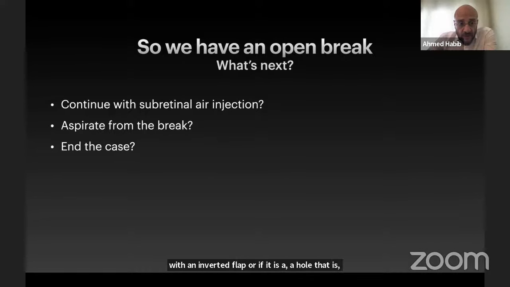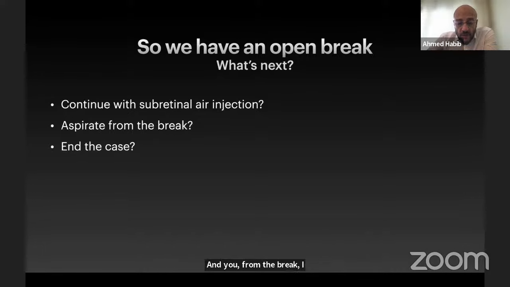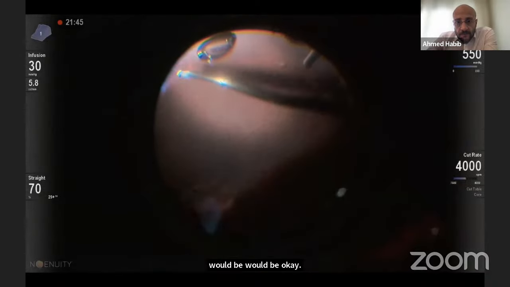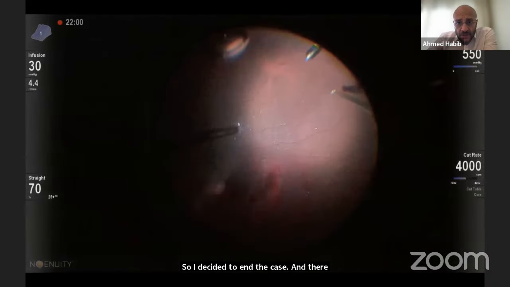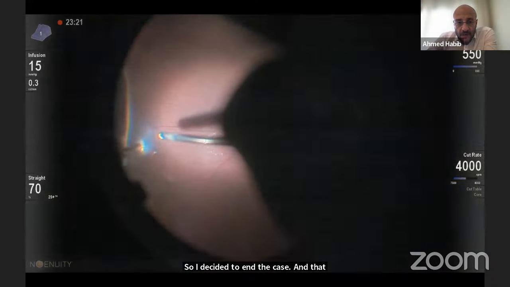And you aspirate from the break. I also don't recommend to aspirate from the break because it increases the size of the break, and you just emulsify this clot with the TPA, and this would be okay. So I decided to end the case, and I was just finishing up and removing the peripheral vitreous, and I